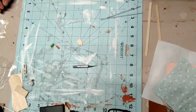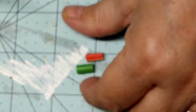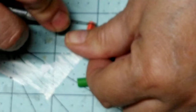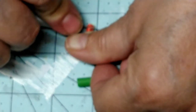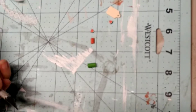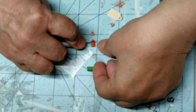Yes, that itty bitty tiny piece of this is watermelon. So hopefully this isn't too blurry, but it has to be cut into slices. Hopefully you can see that and it's not too blurry. It's a little blurry. Let me back off just a smidge. So these are just little, and I'll hold it up there so that you can see once it's done